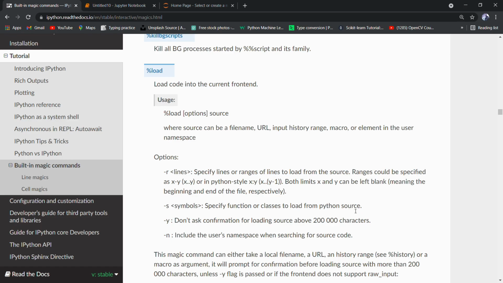This helps us load specific classes or functions and not the whole program. And the third argument, don't ask confirmation for loading source above 200,000 characters. And the fourth argument is include the user's namespace when searching for source code.